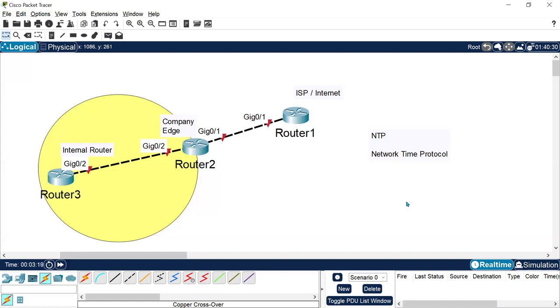Like we have STP by default, NTP also runs the same way. But if it runs automatically and time is automatically synchronized, then why do we need to learn this? Again, to understand the backend process, because sometimes